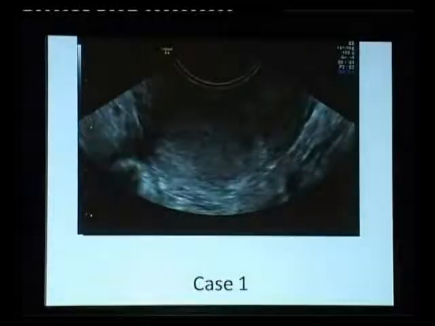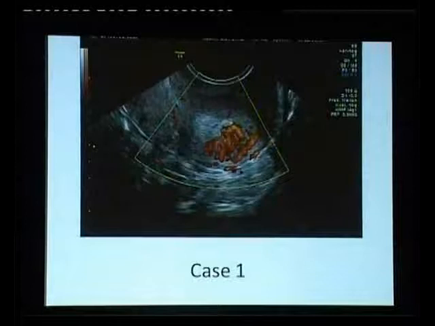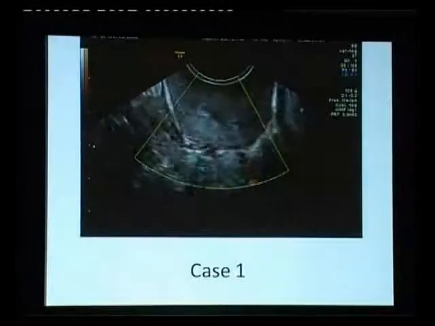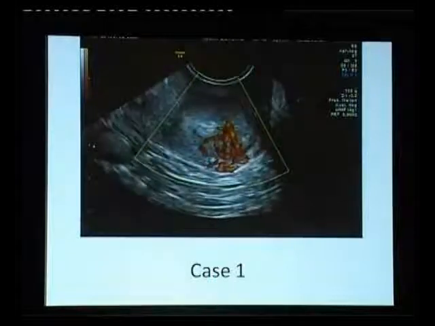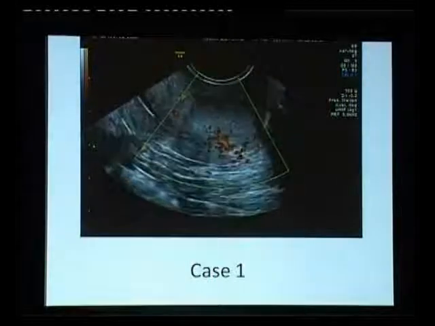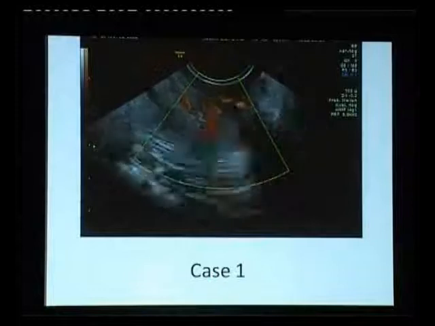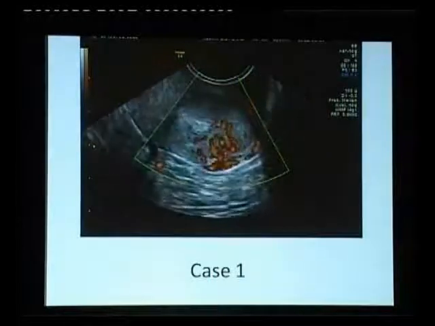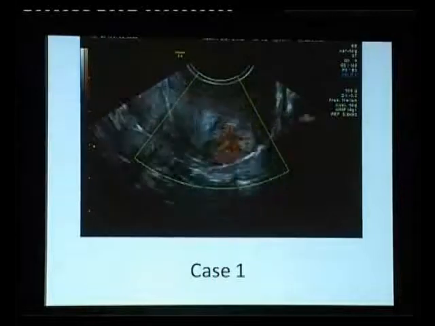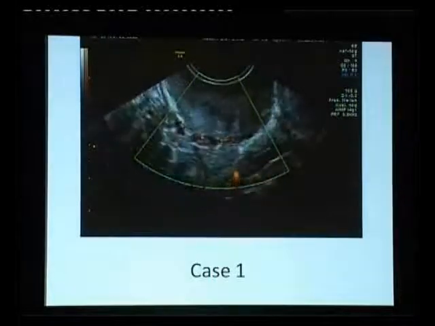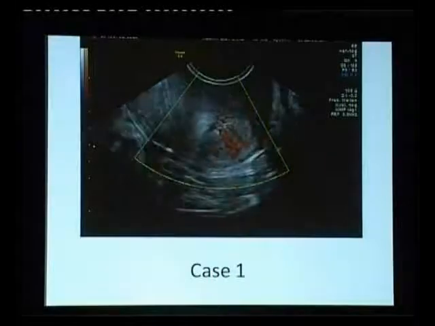And then we look for the color Doppler. So in this case, I would say that this is probably deep. It's invading more than 2/3. The stromal invasion is probably more than 2/3, but it's not invading the parametria according to my assessment. So do you agree that it's most probably more than 2/3, but I think that there is a small